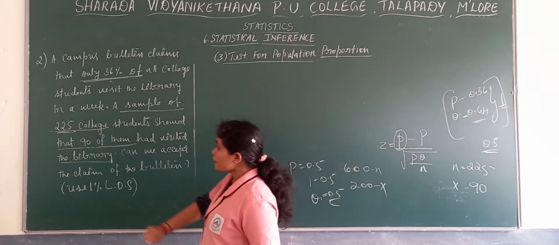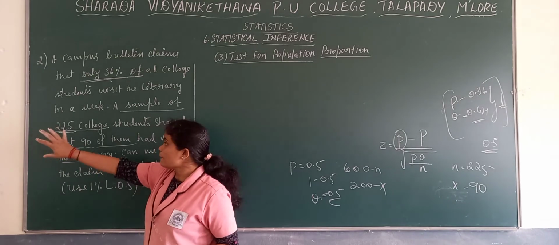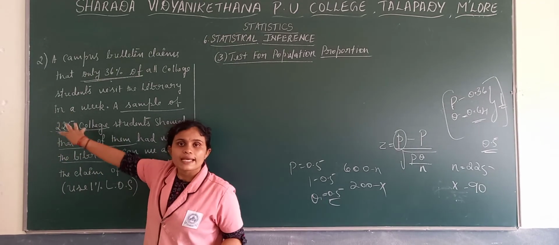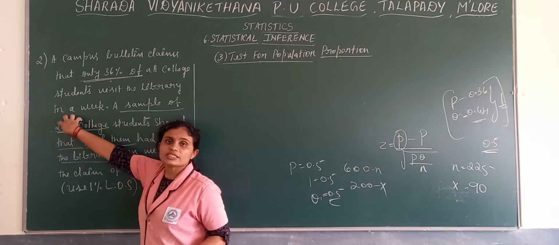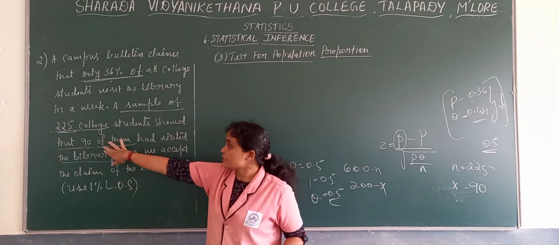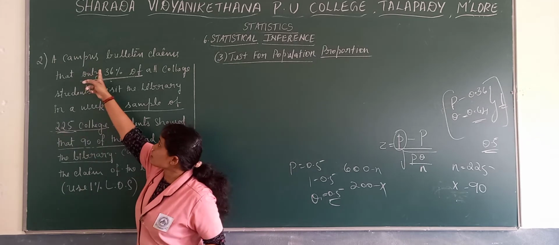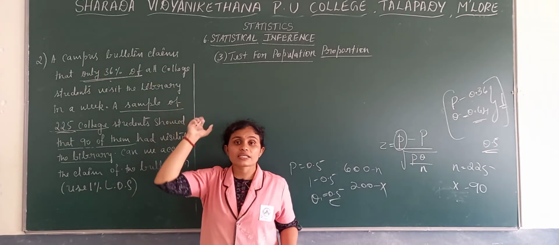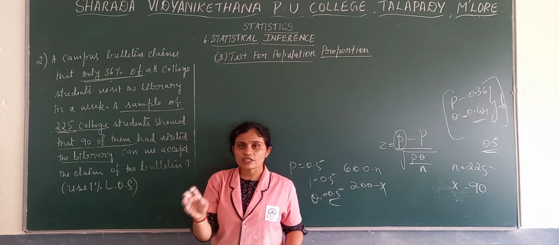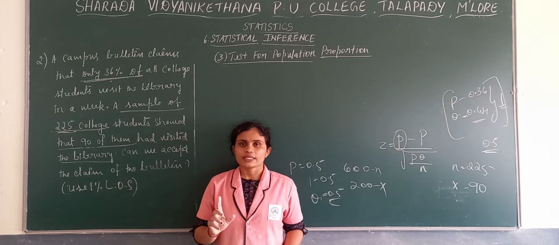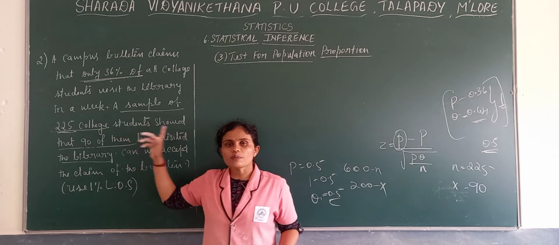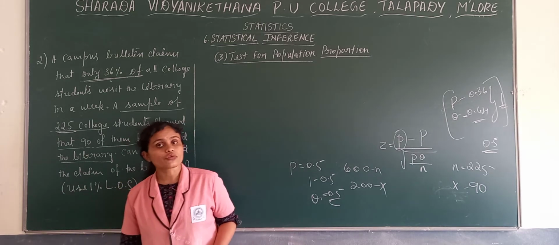Now here, most of the time the problem gives a sample, along with one number of how many people are in that sample, that is x and n. One more separate piece of information will be in percentage, that is the value of p, and 1 minus that p will give the value of q.